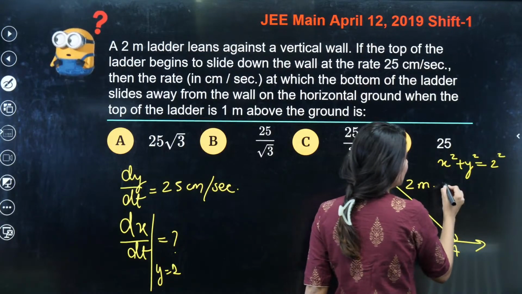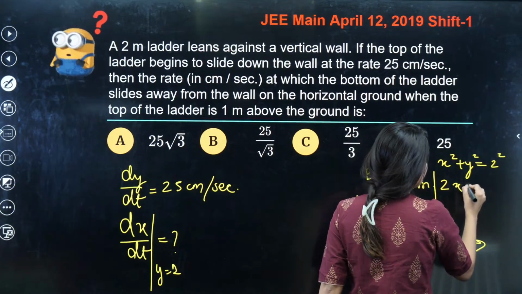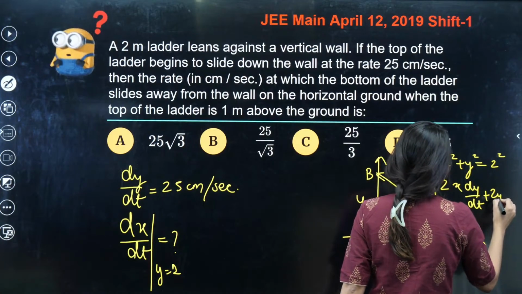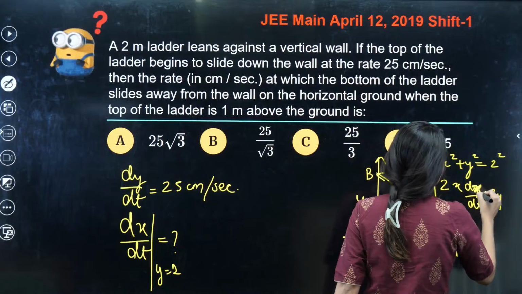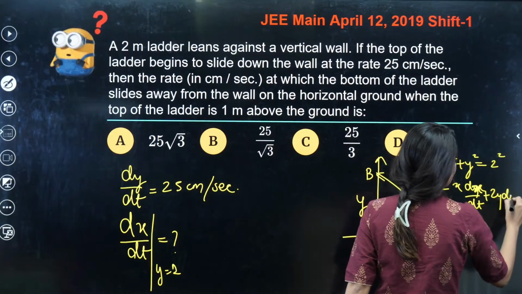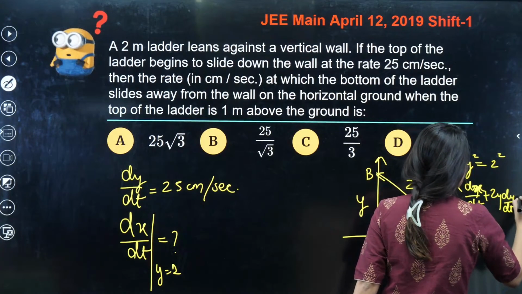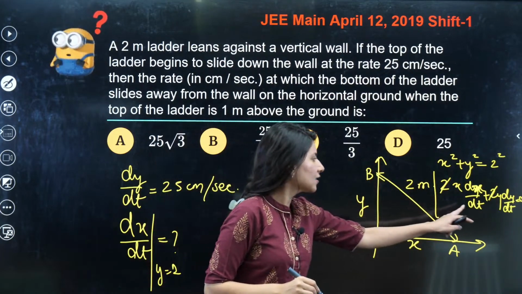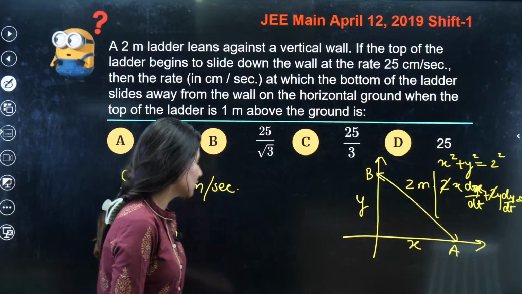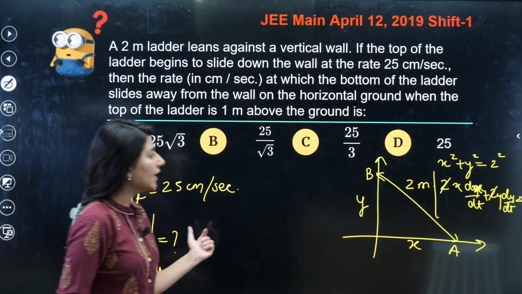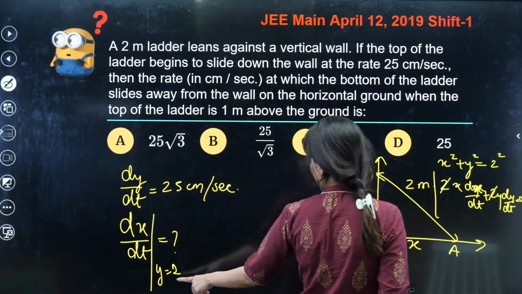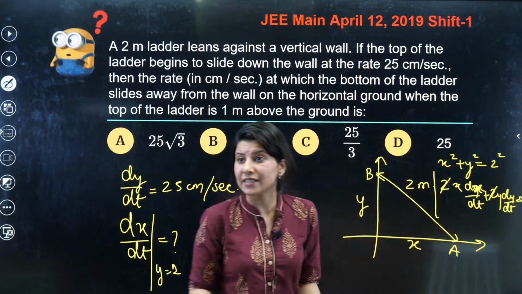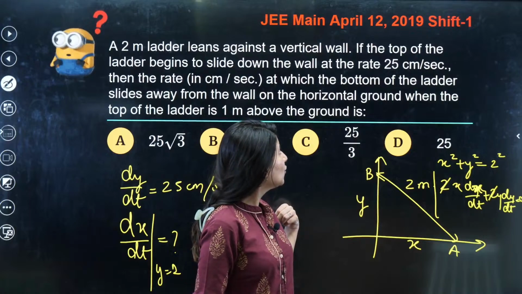Now if I differentiate, 2x dx by dt plus 2y dy by dt is equal to 0, and the 2s are gone. So over here, x dx by dt plus y dy by dt is equal to 0. Clearly the value of y is given as 1, right? And we don't know the value of x. The moment we put the value of x,